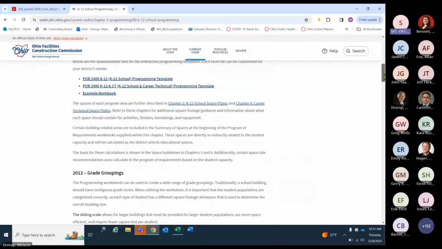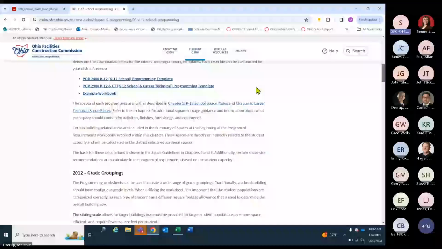About halfway down the page, you'll see the program of requirements for both the K-12 and the comprehensive K-12, as well as an example workbook. The example workbook includes example programs for a range of building sizes and grade configurations.